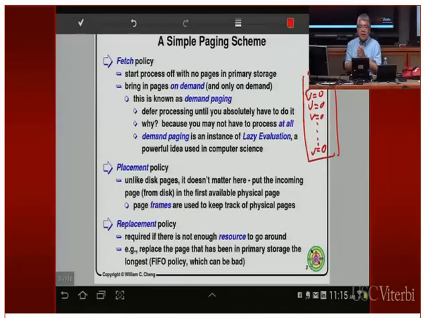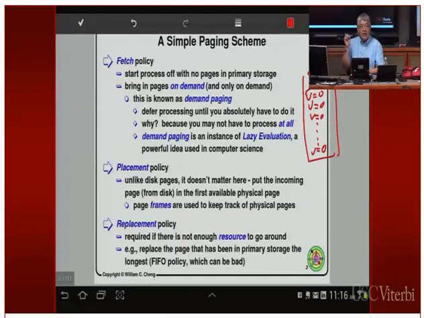Again, in the beginning you start executing your code. The first thing that your user process is going to do, after you do exec-L, is start executing the startup routine right before the main program. We call it startup or something like that. So that is going to generate the first memory reference to the text segment. At that point, we're going to page fault into the kernel, and the kernel is going to find a place for that particular page, and then fix the page table entry, and then restart that memory reference. And the second time that memory reference is used, you better get a hit, and then you will be able to use that entry.